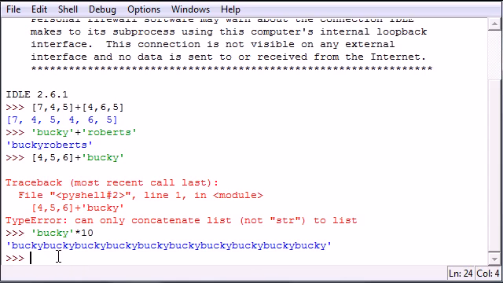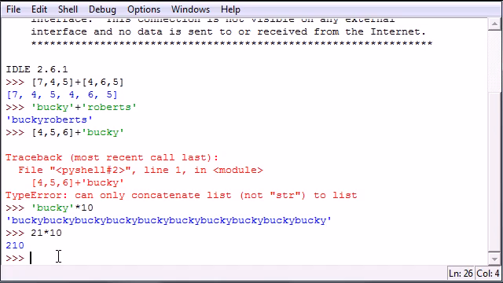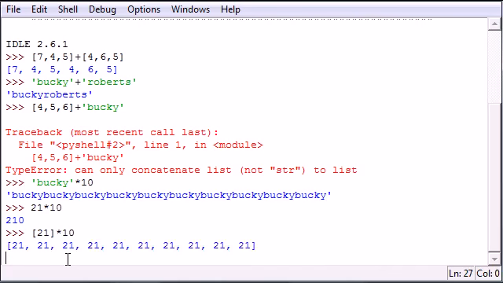And this is different than, say, if we wanted to do this with a number. Well, before you would do something like this: 21 times 10. That's not exactly what we wanted, but that's multiplication as well. If you want to repeat 21 10 times, then you have to enclose it as an element in the list. And once you times this by 10, 21, 21, there. So these are two different ways. If you're